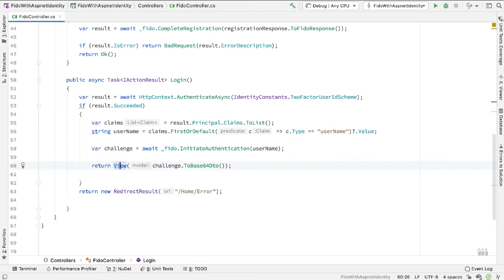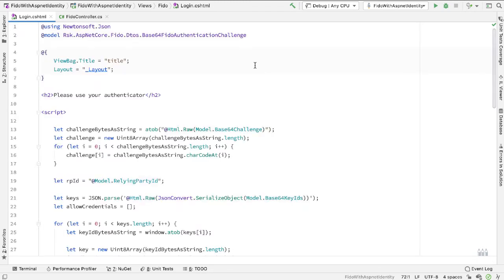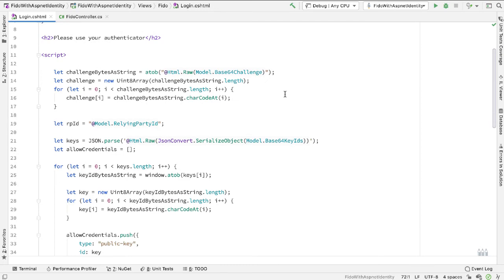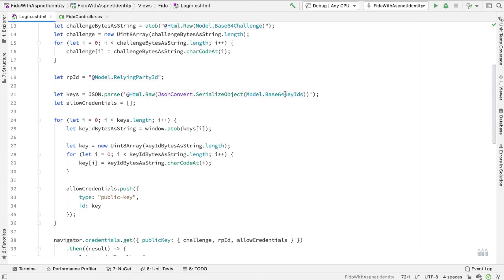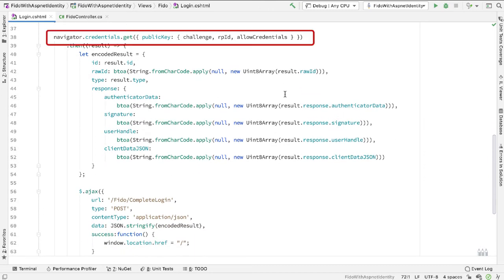So for this view, I need to build a cshtml page, and that page is going to be called Login.cshtml. And that page looks like this. So the model is my base64 Fido authentication challenge that we're passing down from the server. The view itself, just like the registration, is mostly JavaScript. We're taking various values of this model, such as the challenge and the relying party ID and some keys. We're converting those to the correct format. And then we call